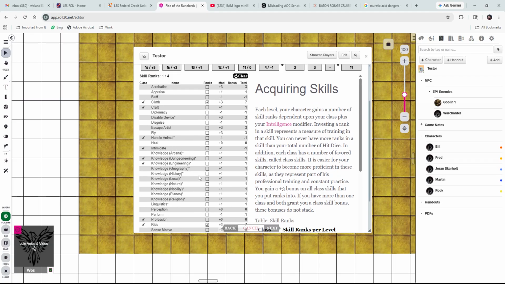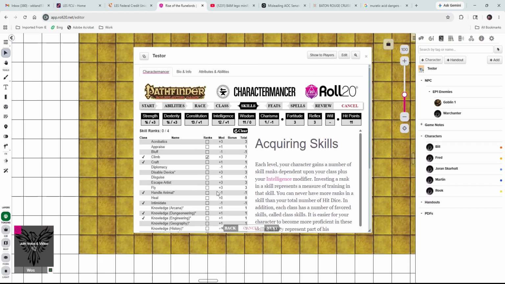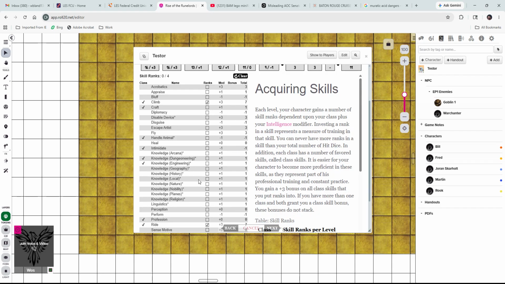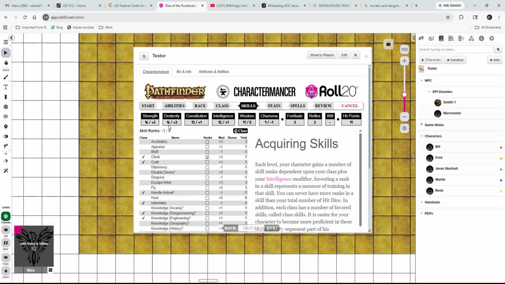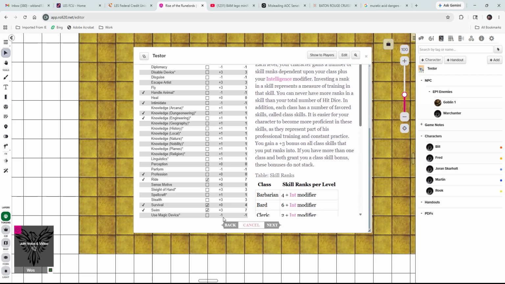and not a whole lot left, is there? Put one in swim. Okay, that's all 4 points are spent right there. If you want to start over again, you can hit clear. If you just want to change one, you can uncheck it and check something different. But you notice right now we're at -1 because I did both. Okay. Next,